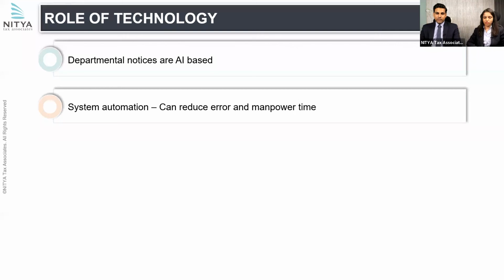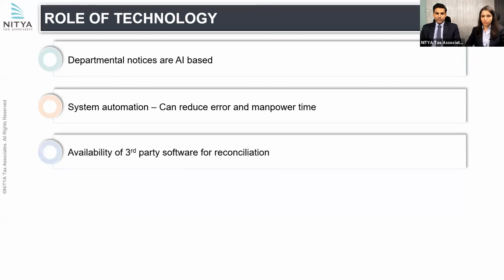Second, if you are using technology to do all these compliances, and when we're talking about technology, it's not simply filing of return at the GST portal. It's integration of your systems, generation of reports to the best extent which can be used without human intervention or with minimal human intervention in creating the return. So if that kind of automation is possible, then A, it reduces your chances to put an error in the return, and it also reduces the manual effort of your employees to do that.